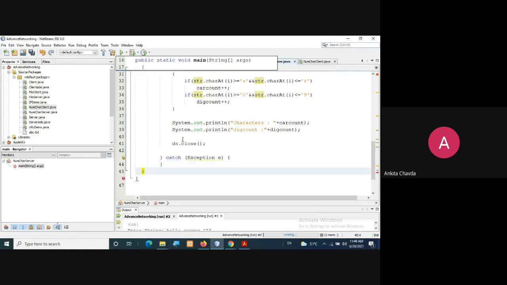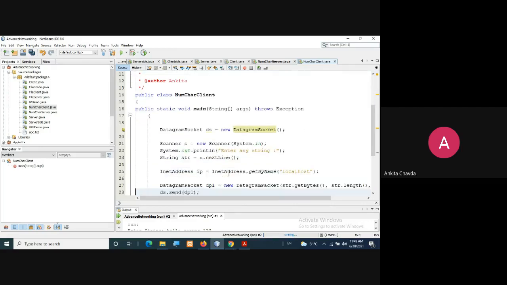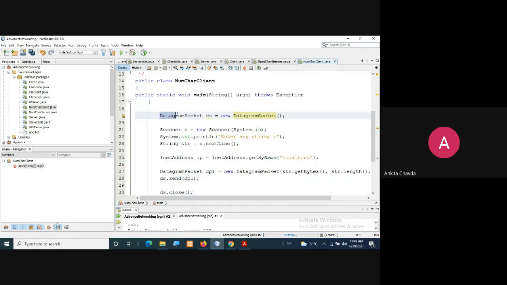Now, what we are doing at the client side. Inside this public static void main, I'm creating a DatagramSocket object here also. DatagramSocket ds equals new DatagramSocket.